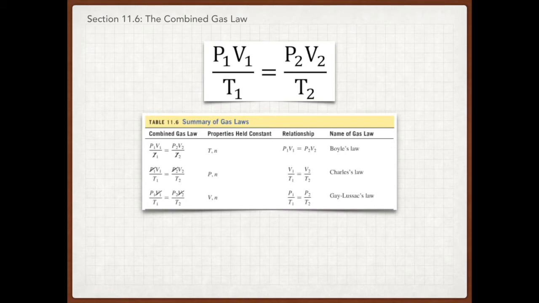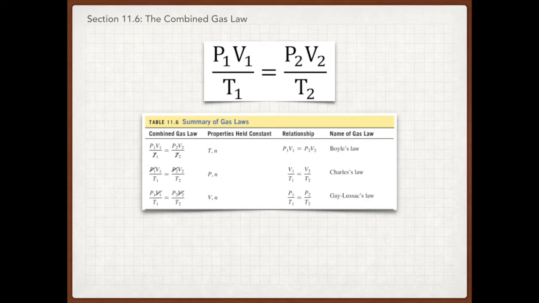Your last gas law is the combined gas law, and if you notice, it takes all the gas laws that we looked at and combines them together. Keep in mind, you can get every single one of the gas laws we've talked about from the combined gas law. So for example, if your temperature stays constant, meaning you're going to ignore T1 and T2 because it stays the same, you've got Boyle's law, P1 V1 equals P2 V2,